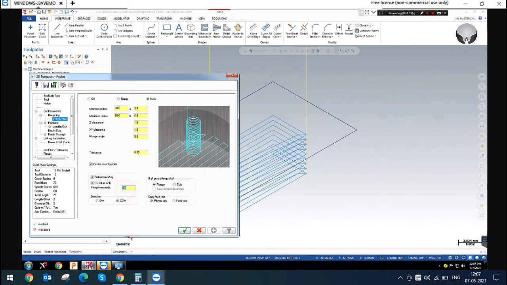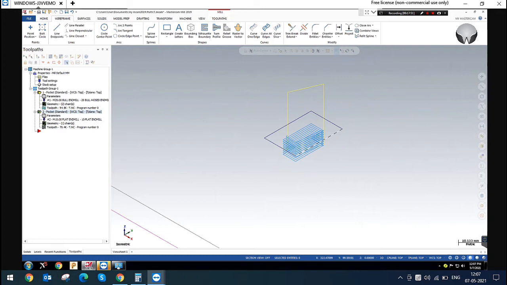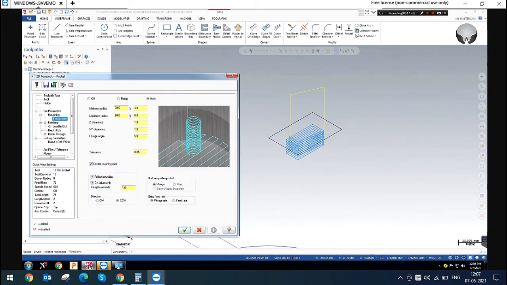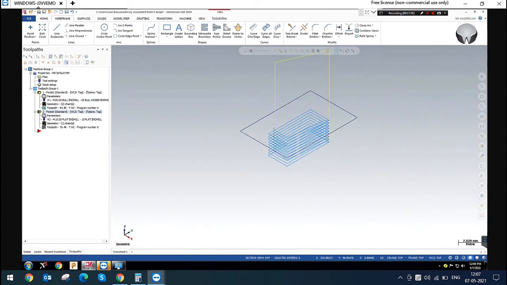Okay, brother. It will be confusing, so no problem. You will practice this type of work. Then we will see this again. No problem. That is the failure and length exceed option. So next one is, most of the time we will not use it, because if there is more material removal we can use a better tool to remove. We are not giving the large tool. If you give the large tool, we can enable that option.